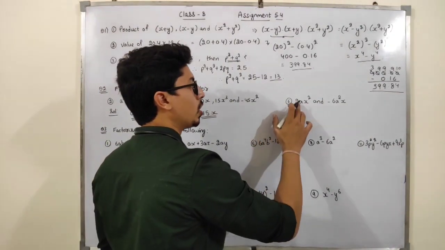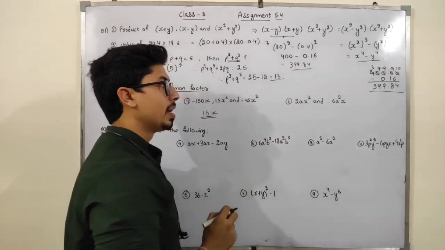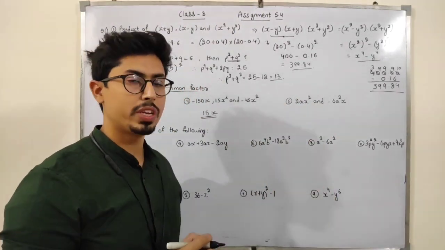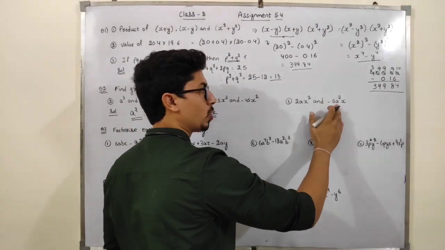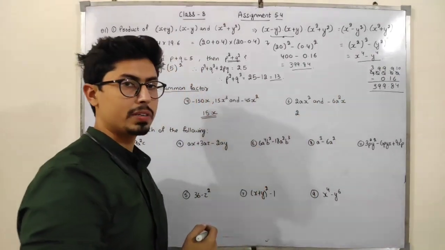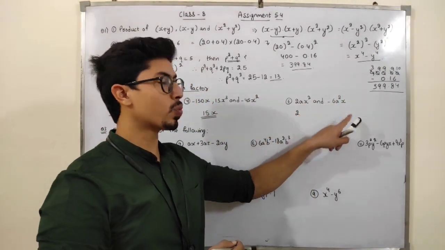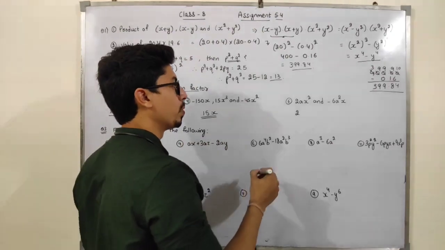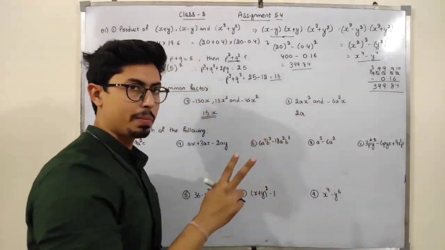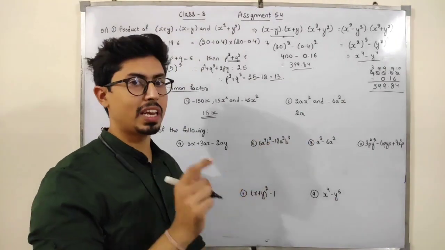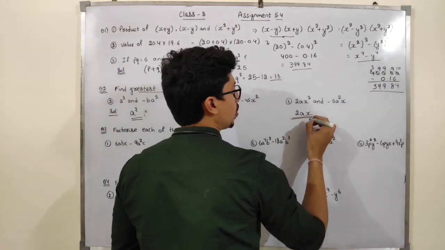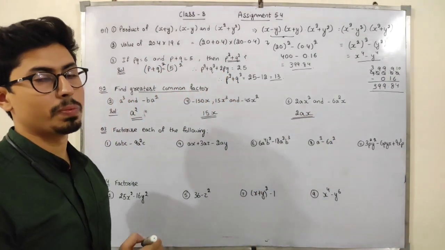Again, see, 2, 6. I can write this 6 as 2 into 3. So 2 is here, 2 is here in this factor also and this factor also. So I can take 2 common. Now a is here, a square is here. So I can take a common now. X square and x. Both are same number, that is x. But the least power is this x. So I can take this x. So 2ax is our greatest common factor.